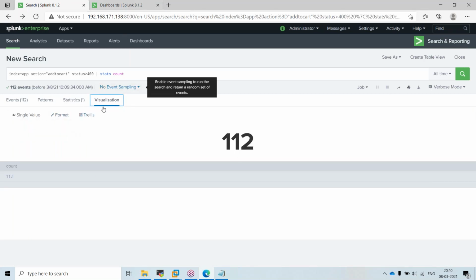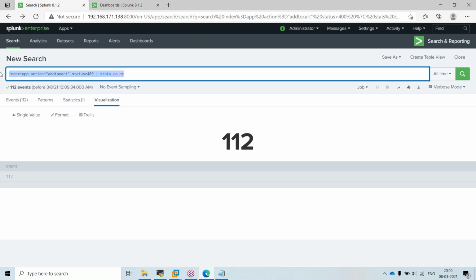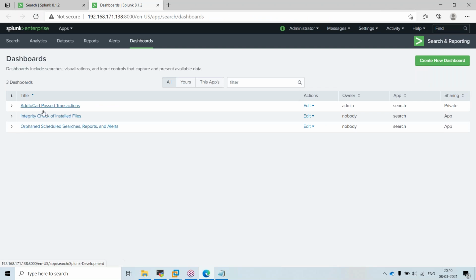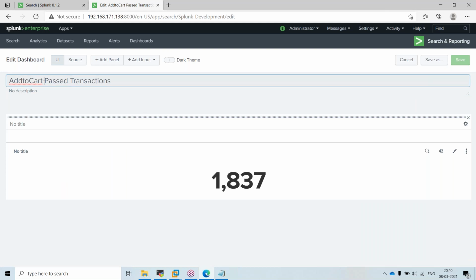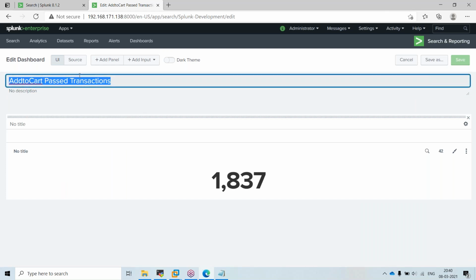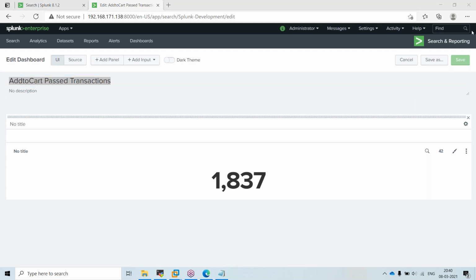Now what I will do is add this to my existing dashboard. I've already created one dashboard, add to cart. I will edit it.